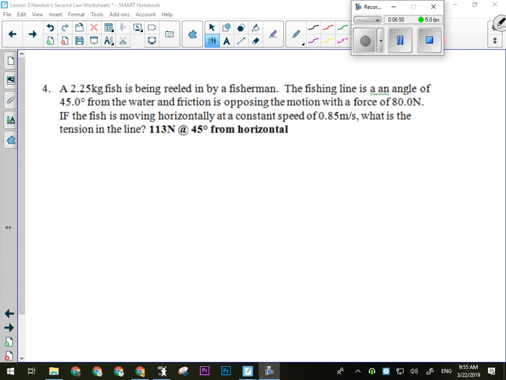Okay, the fish is moving horizontally at a constant speed of 0.85 meters per second. What does that mean? There's no F net. Okay, the net force is 0 horizontally on the fish. It's also 0 vertically, but okay, we'll get to that. So we'll start out with,